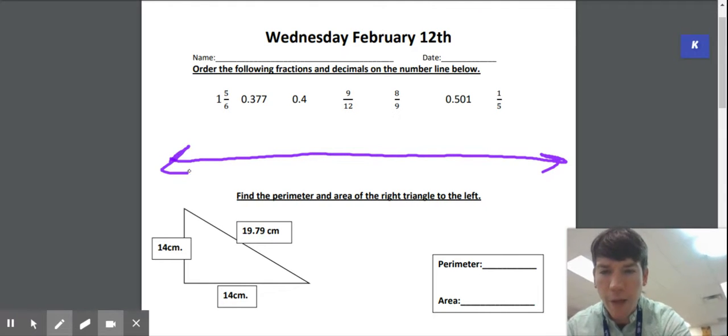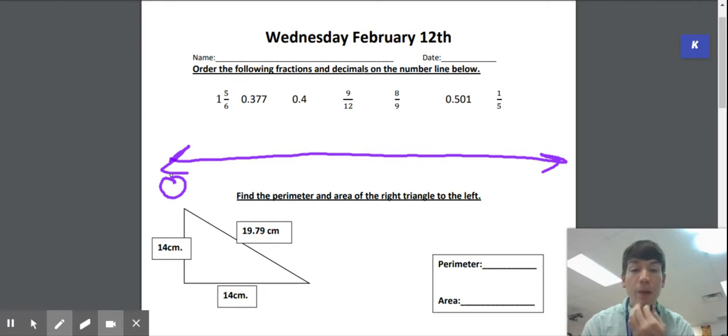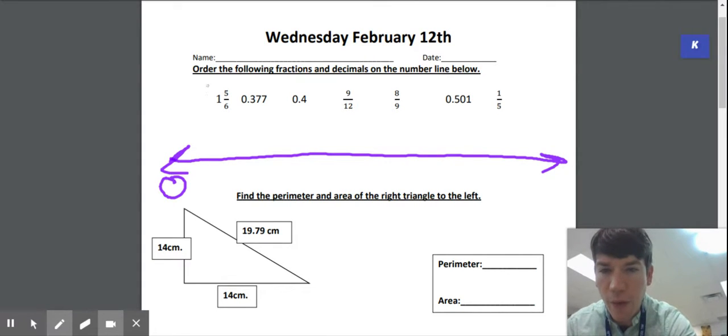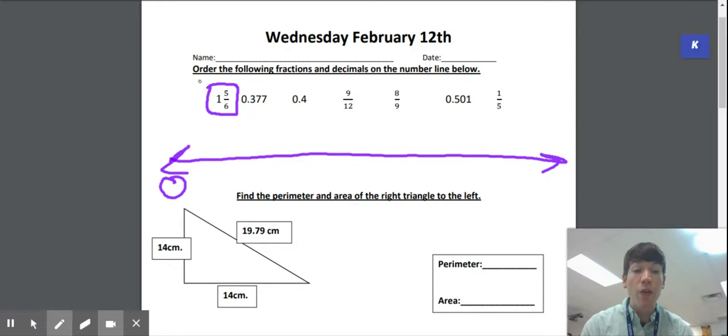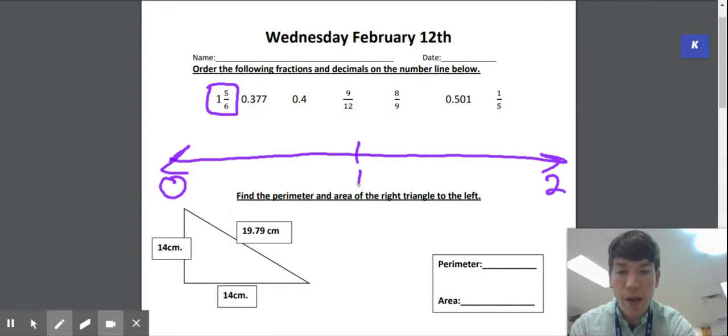So I'm going to make a number line. And when I'm thinking about what to make as my range on my number line, I'm going to go from zero and I'm going to look at my numbers. And I notice that I have this one here that is more than a whole. So I know it has to go past one, but it's only one whole, more than one whole, but not quite two. I'm going to say we're going to go to two wholes, which means I'm going to have a one here in the center. I can think of between 0 and 1 is a half, between 1 and 2 is 1.5, and I can